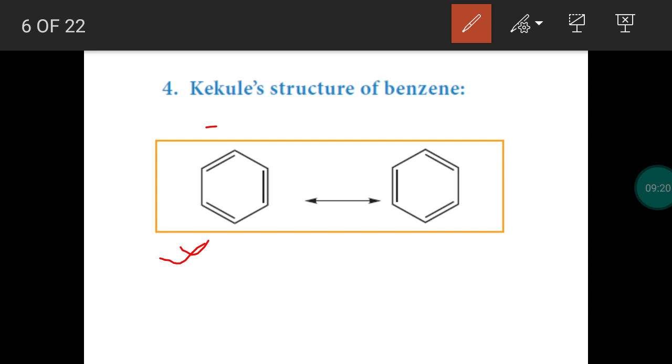So the structure of benzene is a very big breakthrough in the field of organic chemistry. We have nearly 45 million organic compounds. Every single second a new compound is prepared. The preparation of so many organic compounds is mainly due to these types of inventions. Catenation is the major property behind the large number of organic compounds. So the structure of benzene is an important one in the field of organic chemistry. So this is the structure proposed by Kekule.